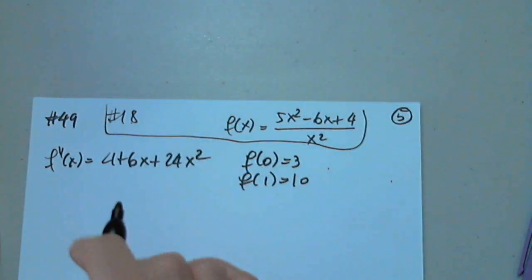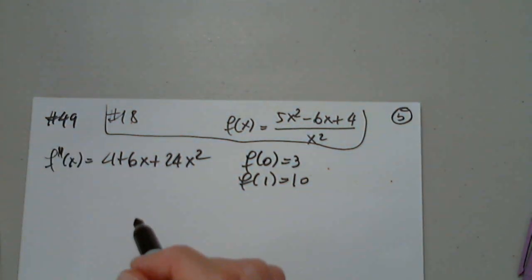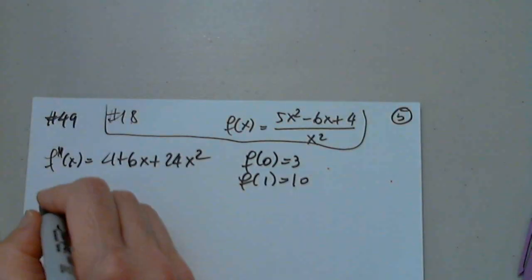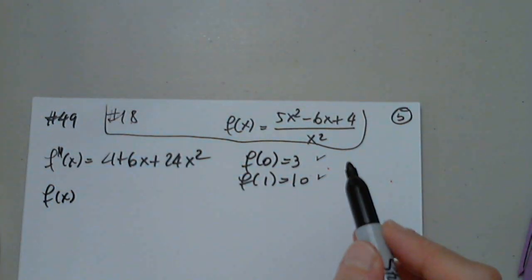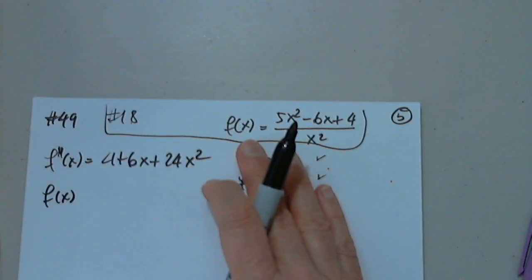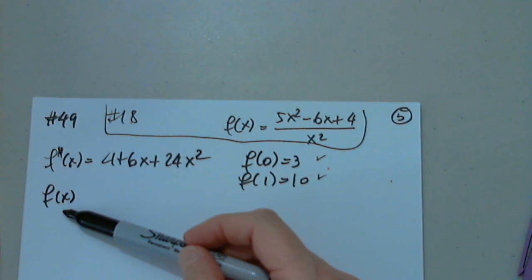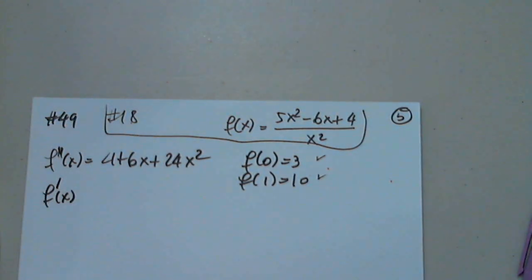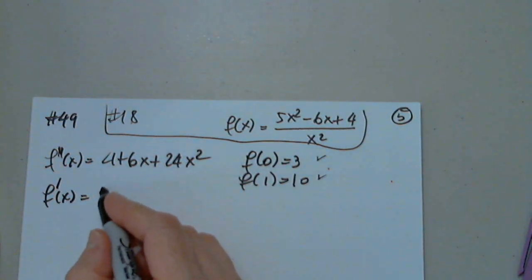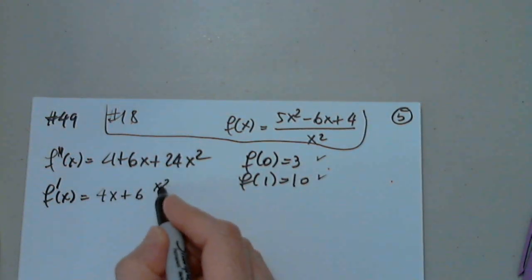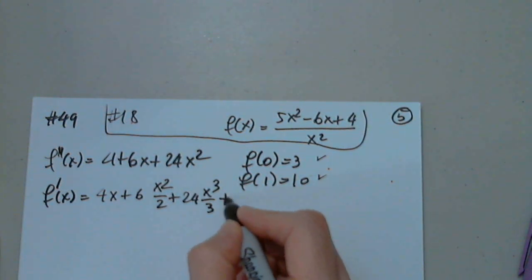Okay, so we are given the second derivative of a function. We're asked to find the antiderivative, to find f of x. They're giving us two pieces of information, and we'll see how we use those. Since it's the second derivative, I cannot jump to the function. I have to go through the first derivative first. Not a problem. So 4x plus 6x squared over 2 plus 24x to the third over 3 plus a constant